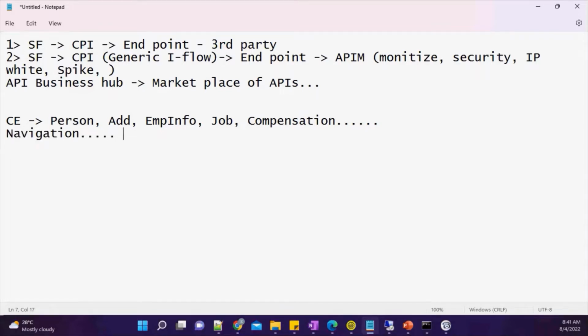This navigation comes when you are using OData V2 APIs, and you should understand how to build OData queries as well. If you do not know, you can explore how to build an OData query, because otherwise it would be difficult to pull data from SuccessFactors.